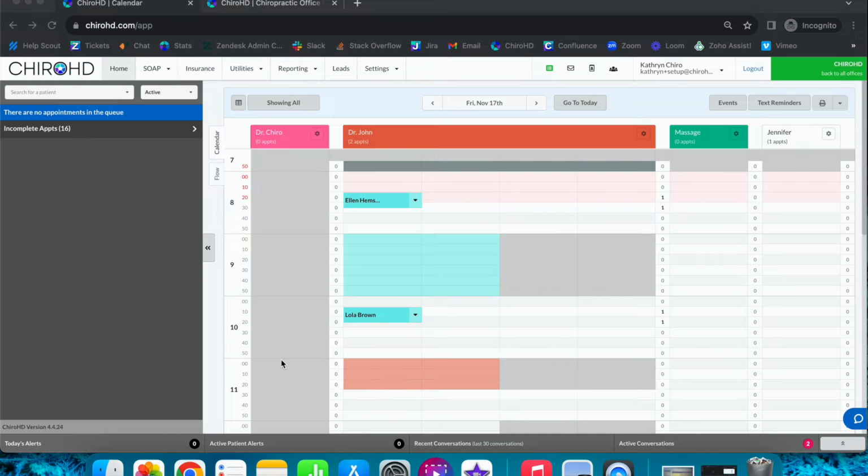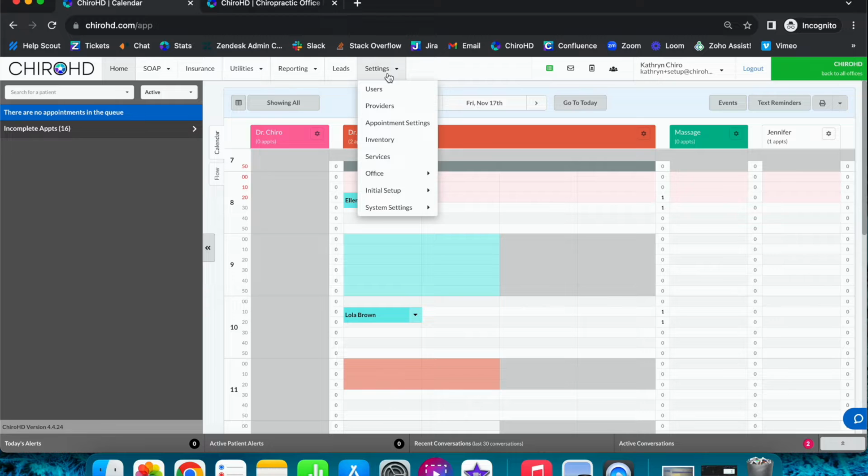So if you're using a different X-ray software than Opal 2020 and Biokinemetrics, please just reach out to support and we'll connect you with our agent that is our X-ray specialist. For this example, I'm going to use Opal 2020. You would first log into the location, go to Settings, Initial Setup,